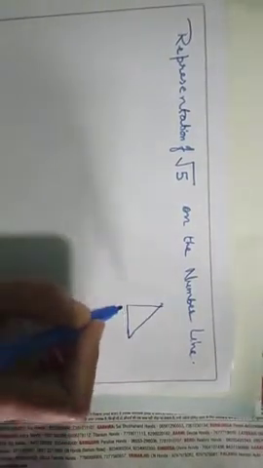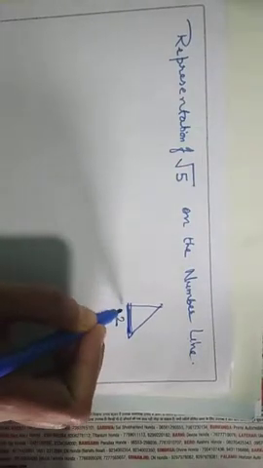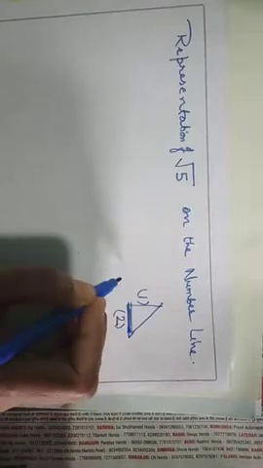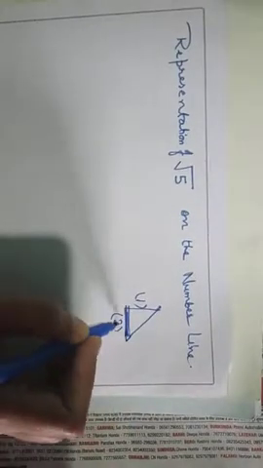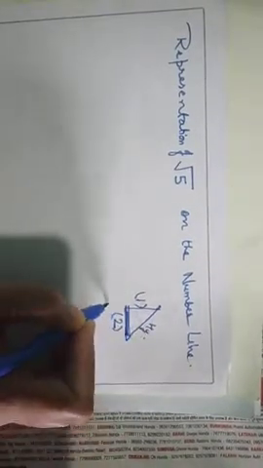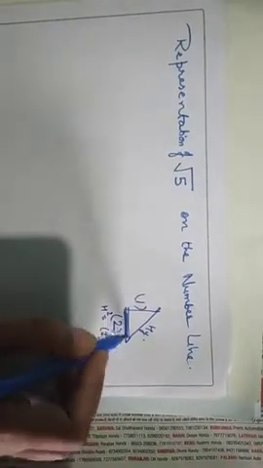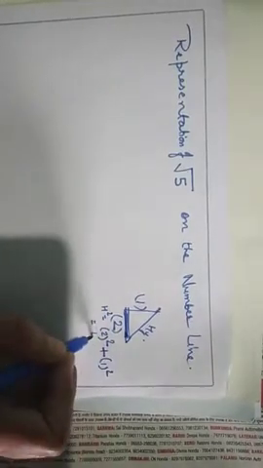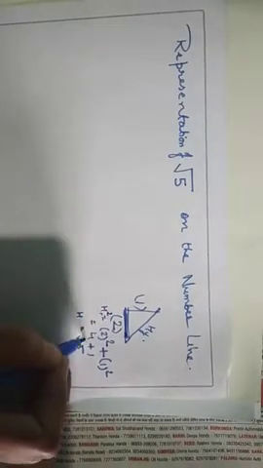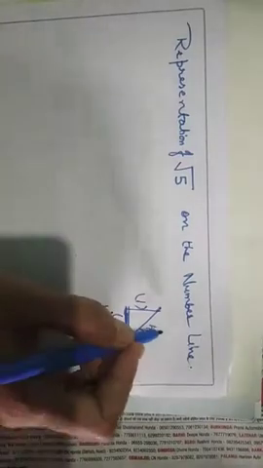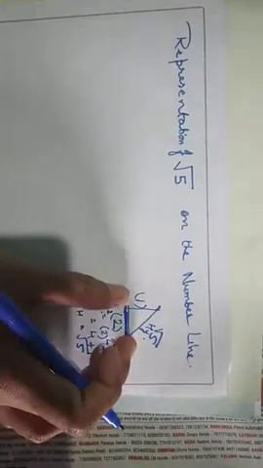So how is it possible? If we take either the base or the perpendicular, suppose the base is 2 and the perpendicular is 1 centimeter or 1 unit, then what will be the hypotenuse? So apply the Pythagoras theorem. Hypotenuse square is equal to the square of the base plus the square of the perpendicular. 4 plus 1 equals 5. So this square will go to this side and it will become a root. So this will come under root 5. So we are going to draw this under root 5 on the number line.